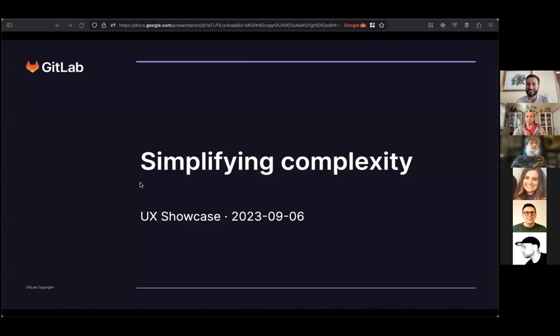Hello, everyone. Today, I'm here to talk to you about simplifying complexity. And so in my last UX showcase in August, I was encouraged by Vitika to speak about this topic. So how can we simplify the complexity in GitLab? It's, I think, a question that is on everyone's mind